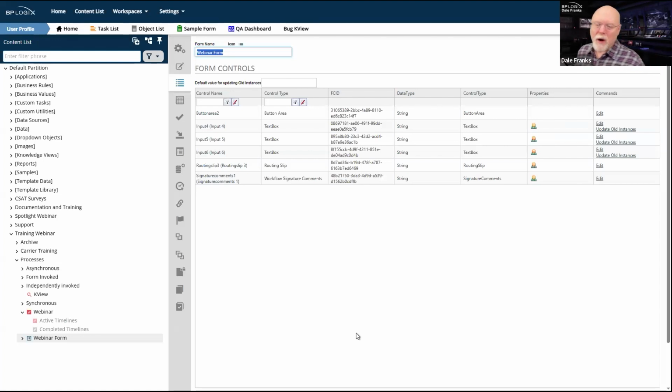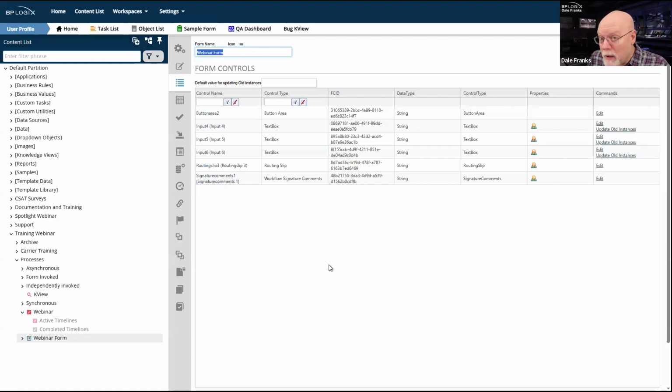So I'm going to go back into debug mode, and I have one thing that I can do for the old instances. Now, the form instances exist, even though the controls did not. So as far as those old form instances are concerned, all of those values are null. They're empty. They have no value. They were never filled out. Okay, great. That's what we expect because we just created these de novo.